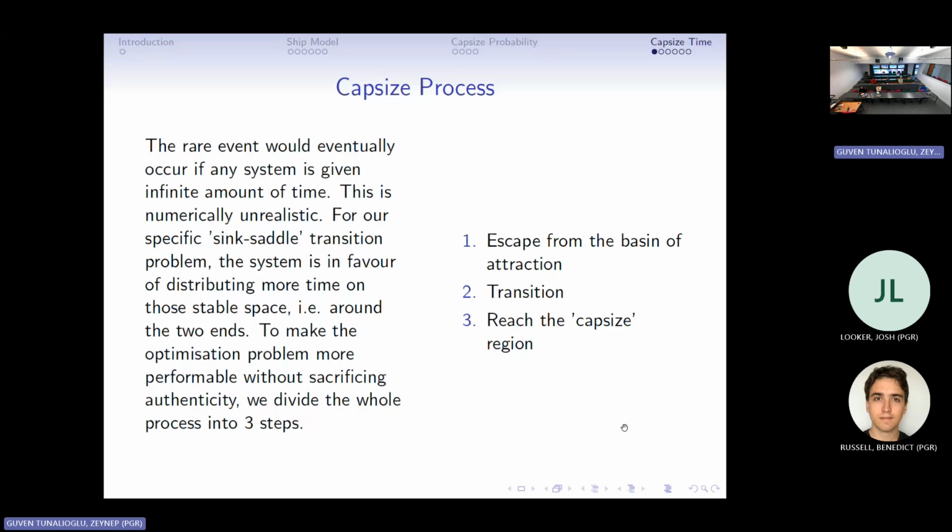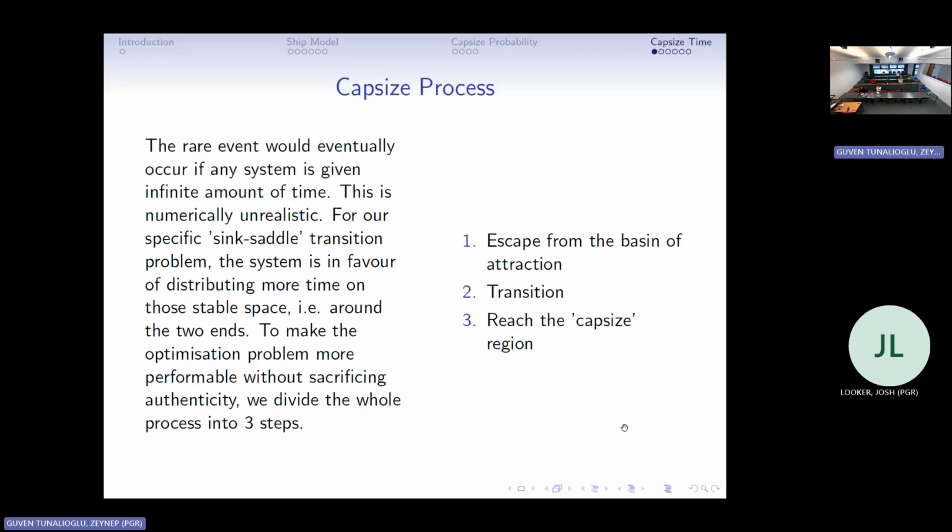So the system looks like this, where this is our stable equilibrium and these two saddles are the capsize angle. Usually when we numerically model this kind of behavior, we go from this lowest point, add noise to it, and try to push, similarly to this kind of model, this ball away from this sink